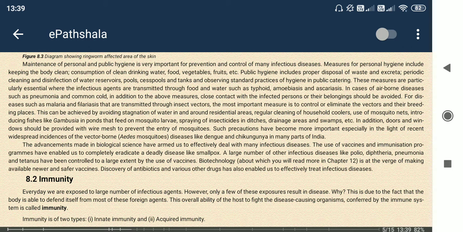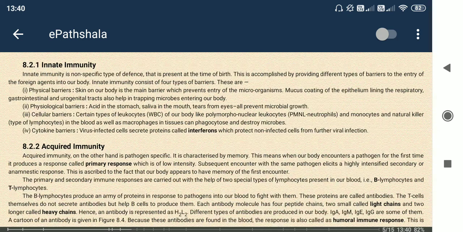So the major difference is that innate immunity works in general, while acquired immunity is very specific to some specific microorganism or macromolecule. Another thing is that innate immunity is present from birth itself, while acquired immunity is obtained after birth, by facing or being exposed to some specific microorganism or macromolecule. These are the major differences. We will go forward.